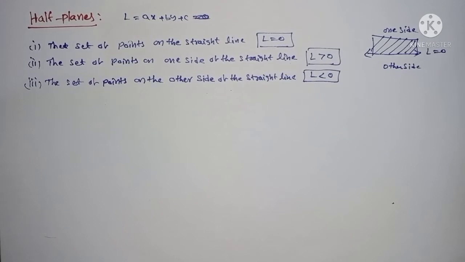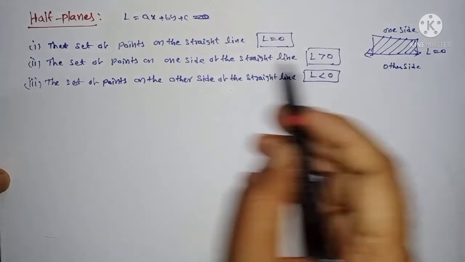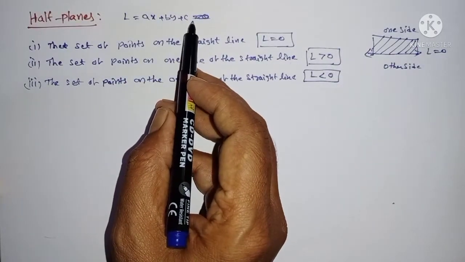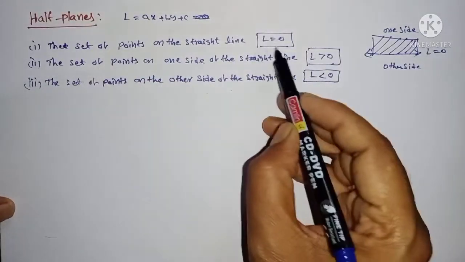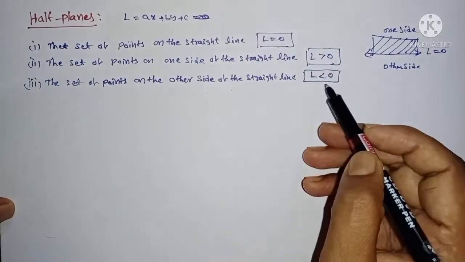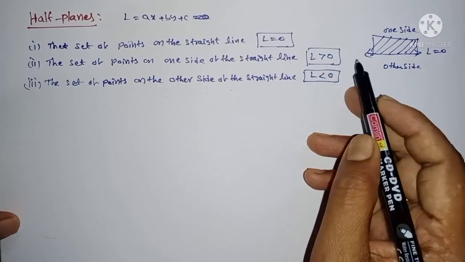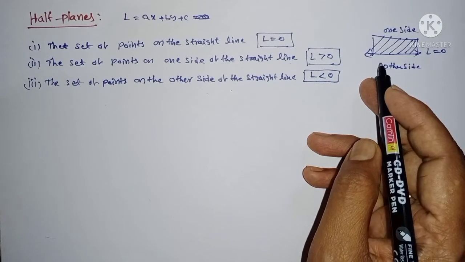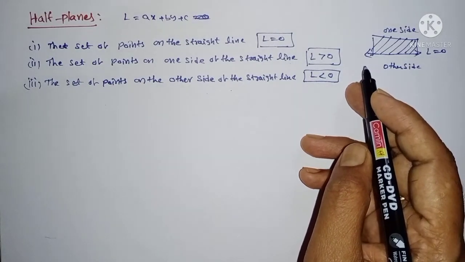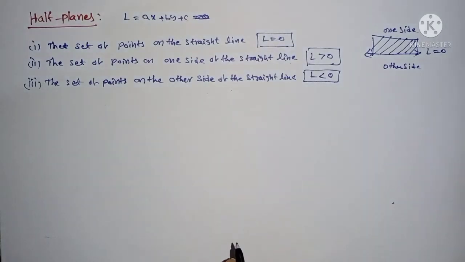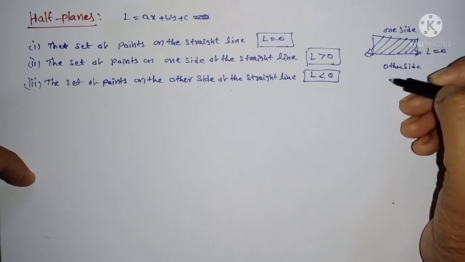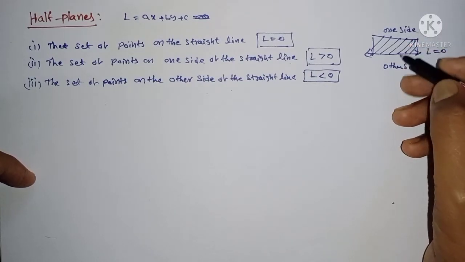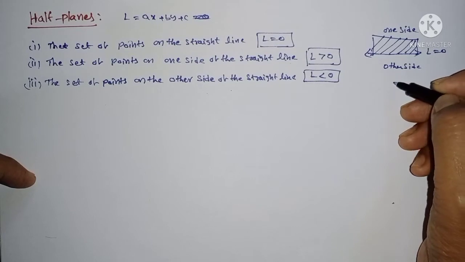The next topic is half planes. What are half planes? You can observe here that the given line is L, where L is ax plus by plus c. In half planes, you have three cases. If L is equal to 0, given two points, or any points, they are on the line. Or both are on one side of the line. Or one point is on one side and the other point is on the other side, the down side.